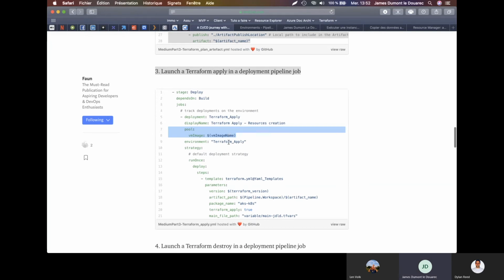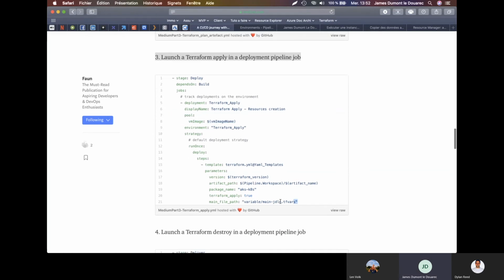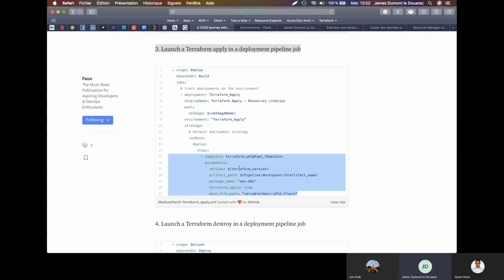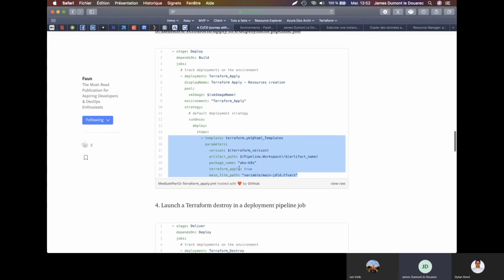So when I called the YAML template again, as you can see here, I'm not giving it the same parameters. I'm giving it the same version. This is actually important to have the same Terraform version.